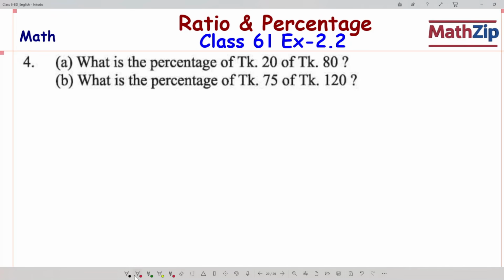Number 4, here are 2 questions. First one, what is the percentage of 20 taka of 80 taka? Okay, so look, let's say this is 80 taka. So here is 20, here is 20, here is 20. So what is the percentage of this 20 taka? For this kind of math we can follow a rule. This is 4a. We use the formula,